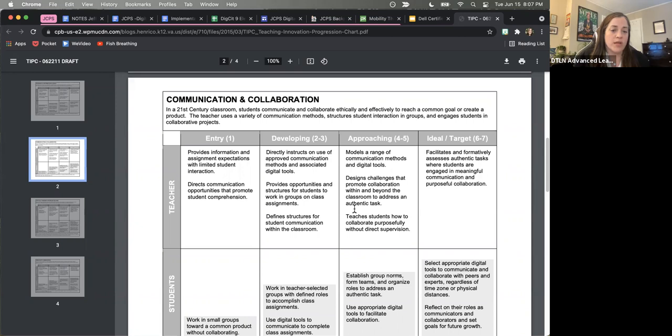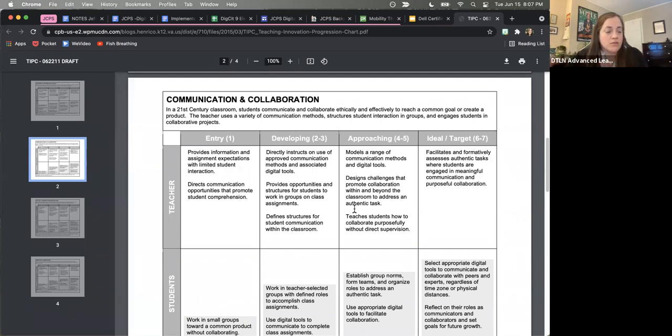For communication and collaboration, if a teacher is always providing information and assignment expectations, so all the information generally comes from the teacher, then that communication is very teacher-centered.